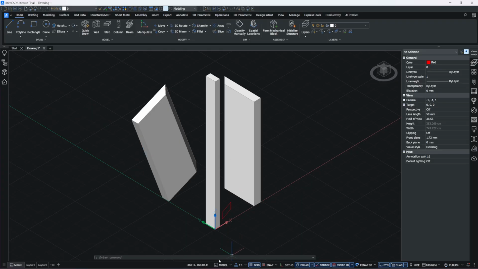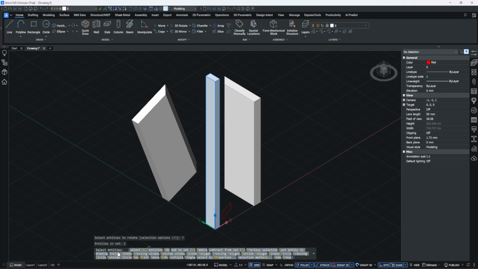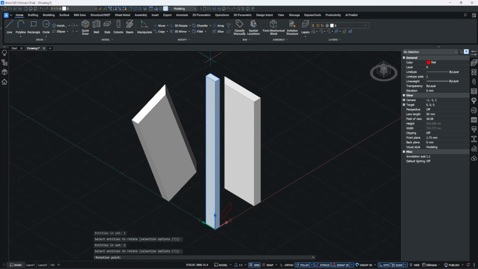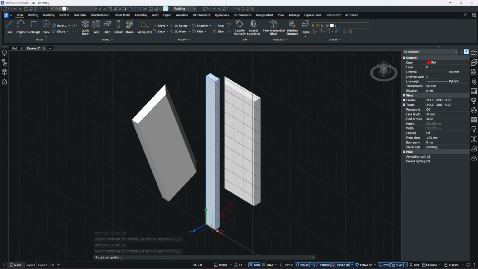So if I show you again, type in here rotate, press enter, select entity. So I will now select this one. And what we can do now is just go like that. I will select this one here, enter, and now I can select